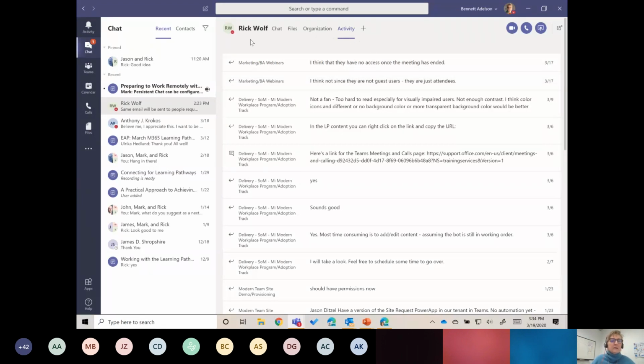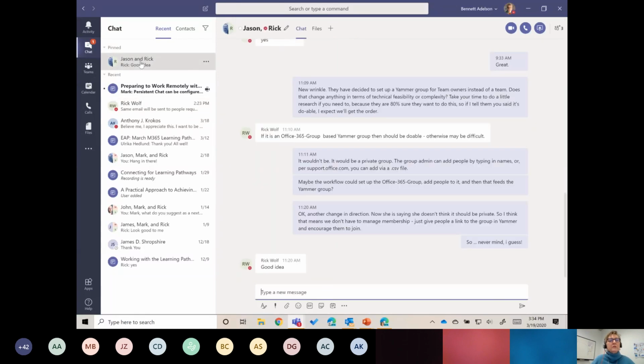So let's see. Oh yeah, I was going to talk about group chat. This is a small group chat. It's only three of us here, but group chats are special. To create one, you just click up here on the people icon. If it's a new chat, you can add more than one name to the invitee list when you're starting out. Or if it's a chat that's already underway, you can add people by clicking this icon in the far right corner.